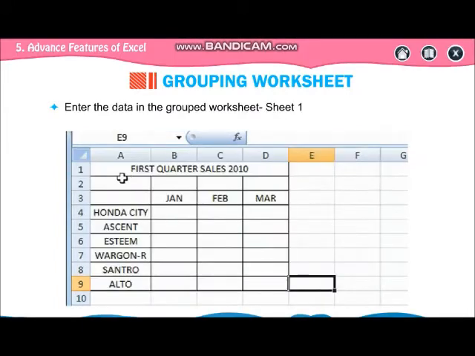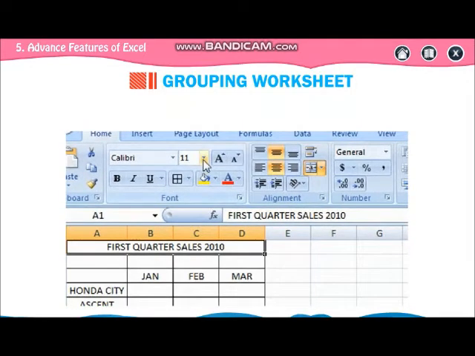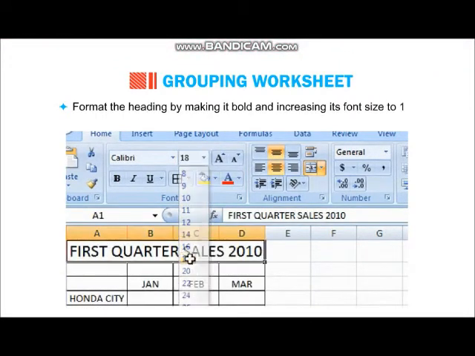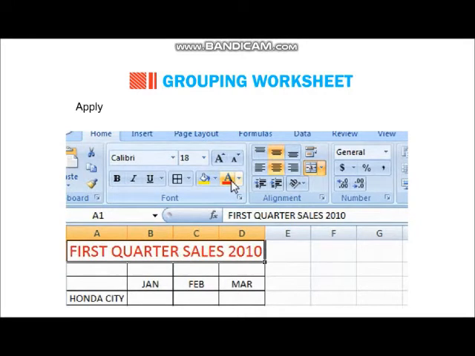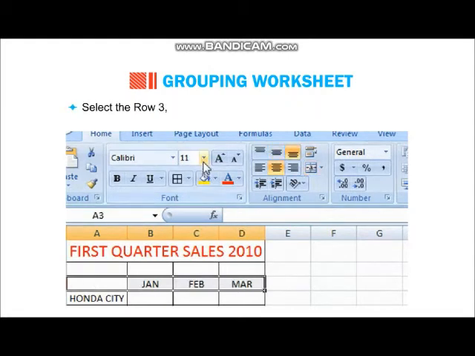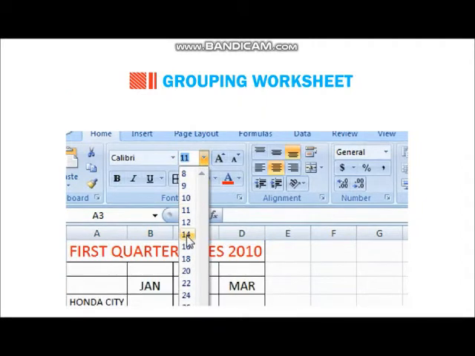Now enter the data in the grouped worksheets. Suppose first quarter sales 2010, January, February, March, Honda City, Accent, Steel, or any other car names you can enter. Format headings, change the color, change the font size.